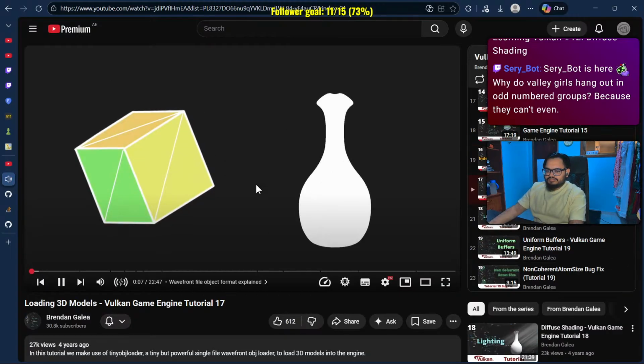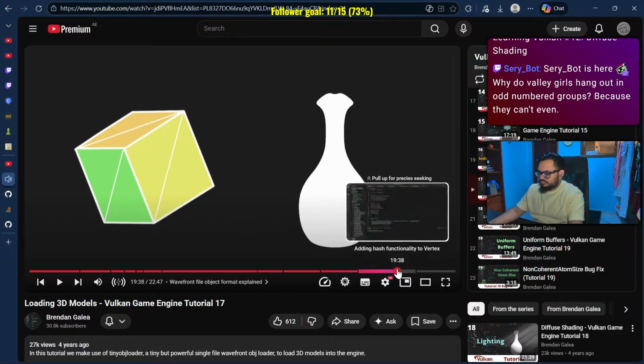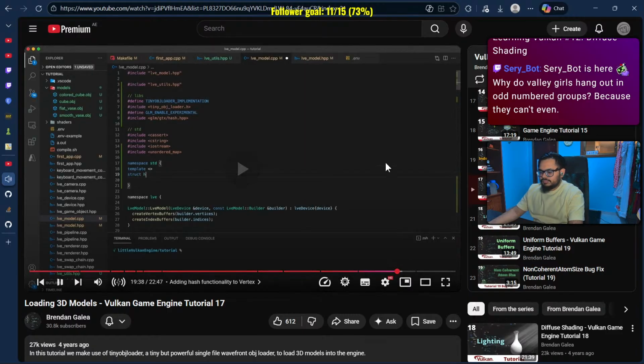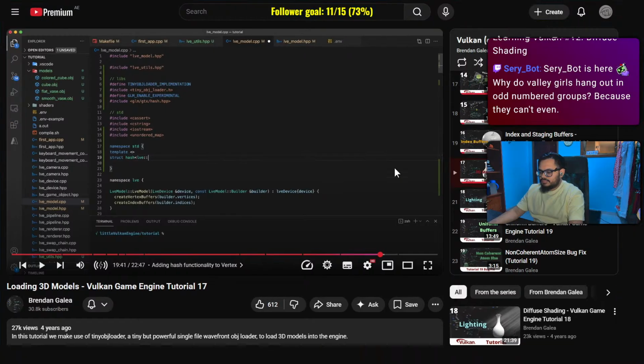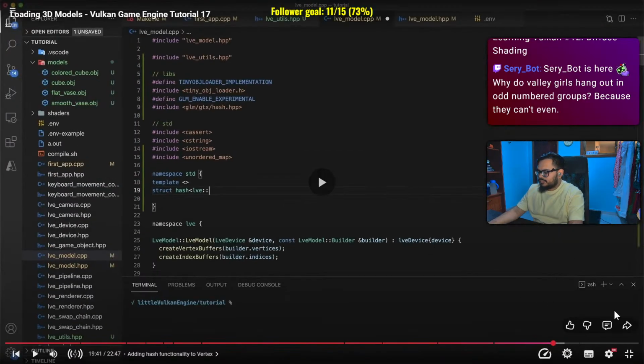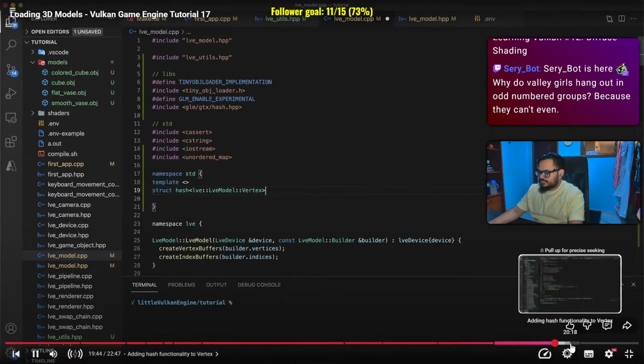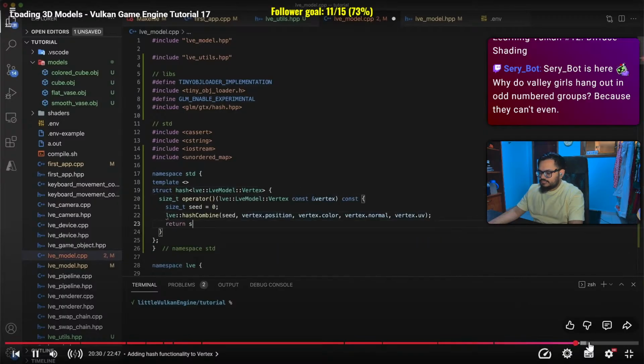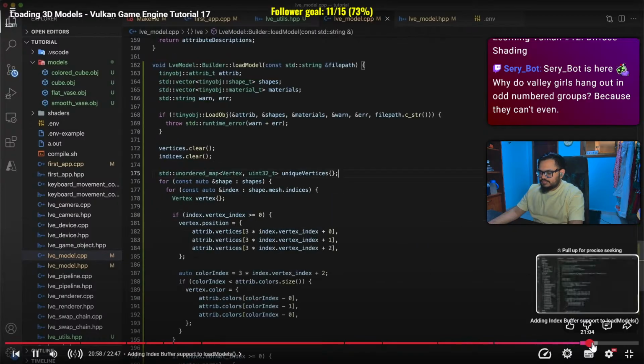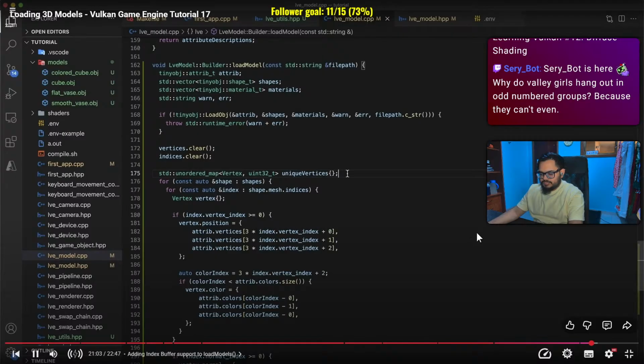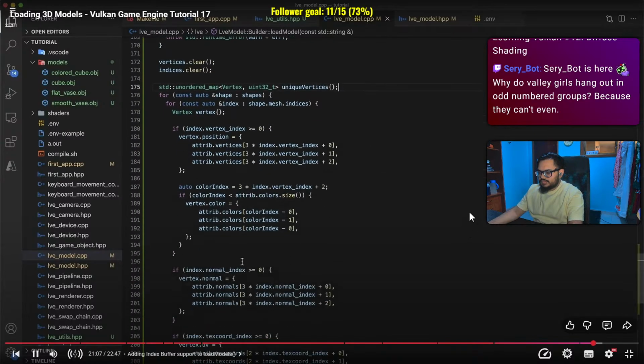Extend the model class to be able to read in model data using the Wavefront object layer struct called hash with type LVE model vertex. With this, we can now take an instance of the vertex already added to the builder.vertices vector and store the position at which the vertex was originally added. Then scroll down to the end of the function, but still inside the for loops, and